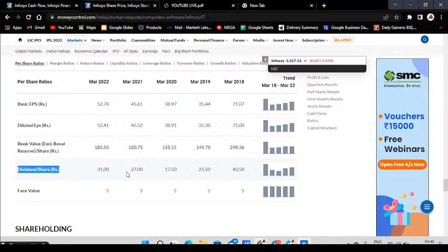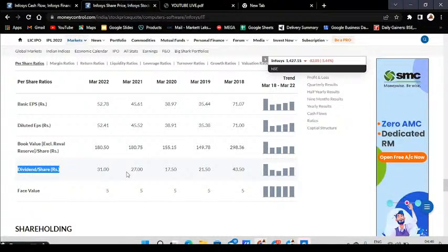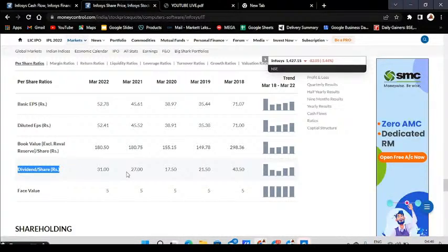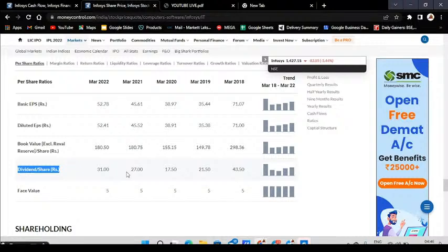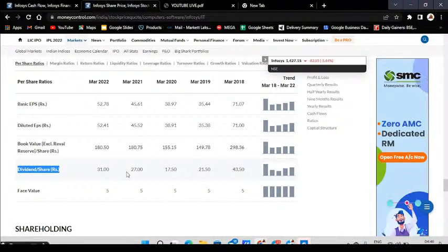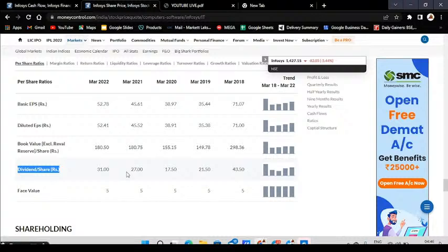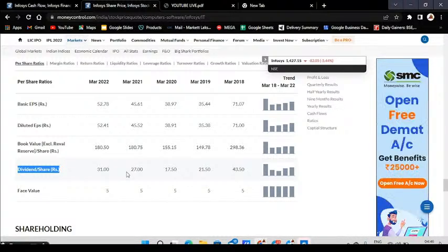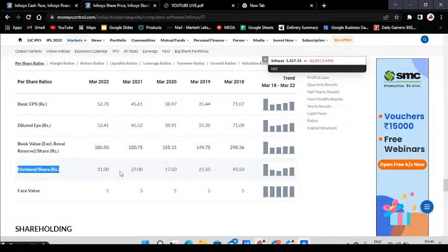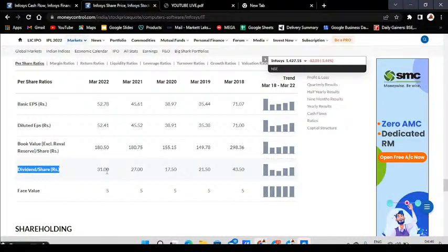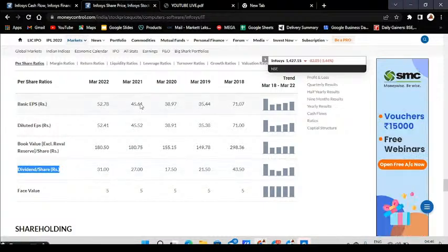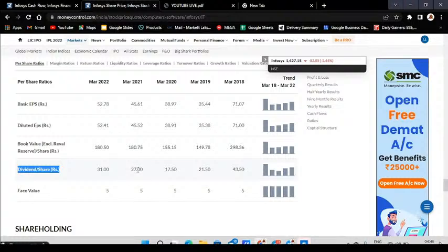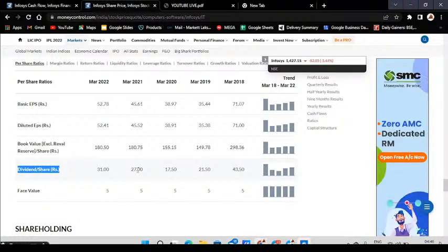Sometimes they skip quarters, one or two. Sometimes they give dividend every quarter. Now, in the March quarter, or we can say, two months ago, in March 2022, what Infosys has given as dividend to their shareholders: 31 rupees per share. March 2021, we have opened the annual statement here for dividend. March 2021, 27 rupees.